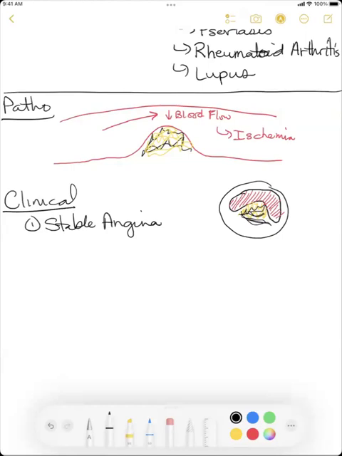So usually with stable angina, there are no symptoms at rest, and symptoms are predictable